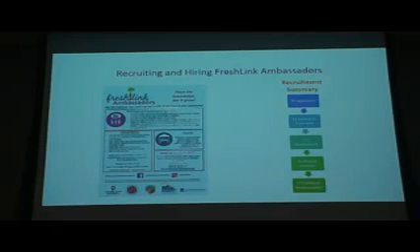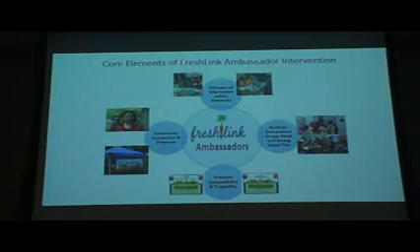So we received 20 applicants, and 14 were invited to interview. 12 actually did interview, and 9 were offered the position and accepted. We did have one individual end their participation in July, so throughout the season we had 8 that completed the season. So a little bit more about what is actually the components of the ambassador intervention.